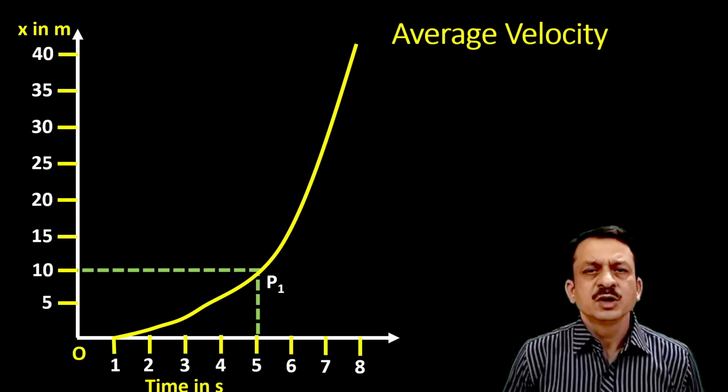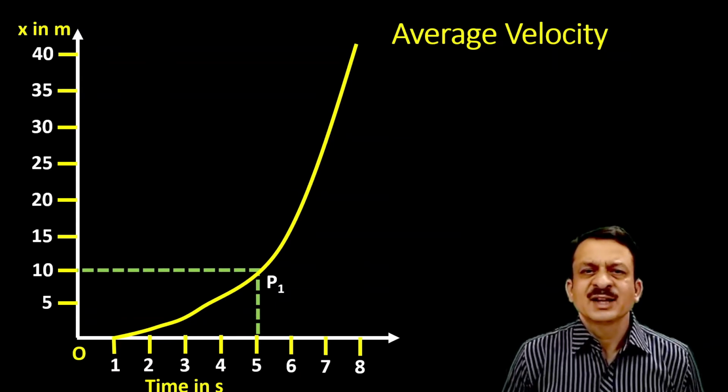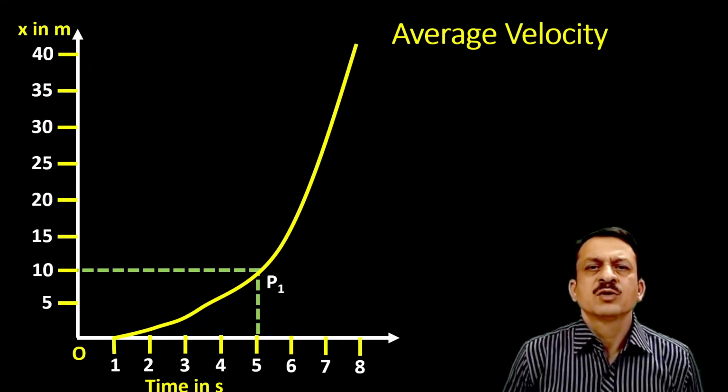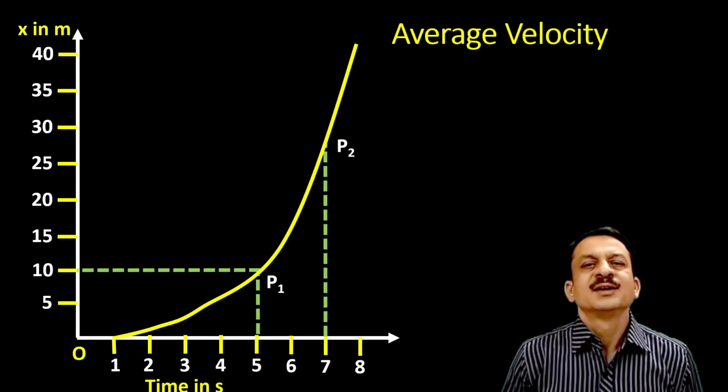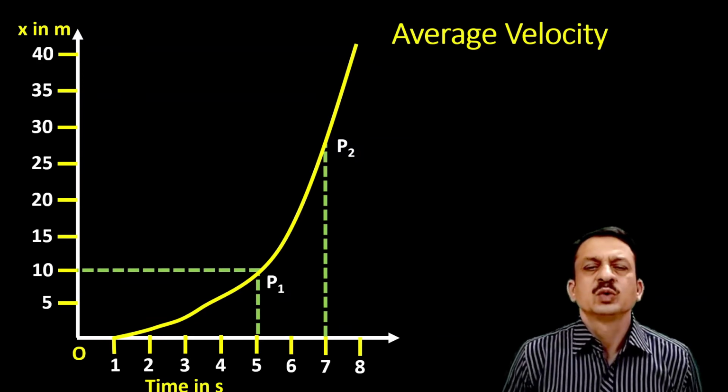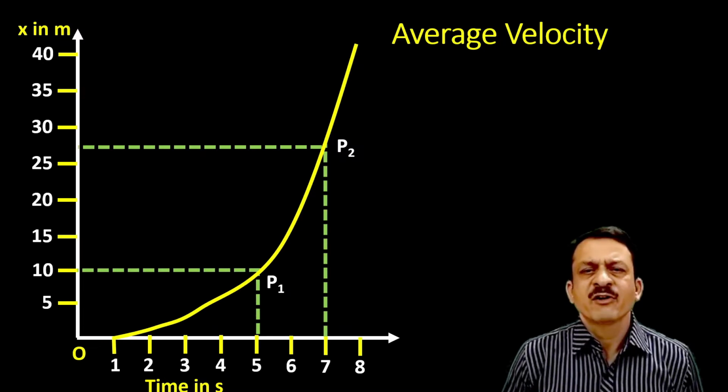For that, what are we going to do? Once again, at the 7-second point along the x-axis, we have to draw a vertical line as shown in that dotted line. Now that is going to touch the graph at some point P2. Let me call it P2. Now at the 7th second, what is the position of the object? Now this can be found by drawing a horizontal dotted line as shown in the diagram. We have drawn a horizontal line. It is going to touch the position axis somewhere between 25 and 30. Let me choose that one as